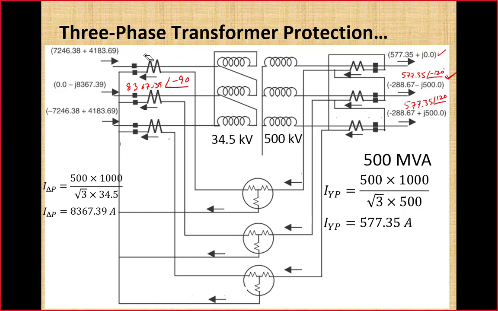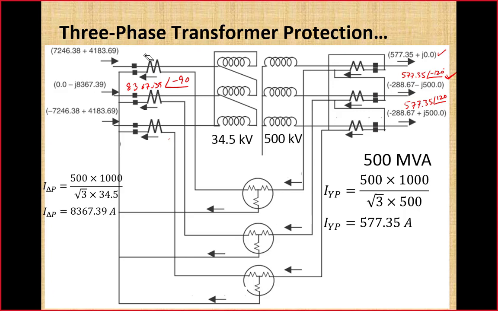Now once we have calculated the line currents on the delta side and Y side of the main power transformer, at this stage we will start selecting the CT ratio. CT ratio will be selected from the side where we have connected CTs in Y. So CTs are connected in Y configuration on the delta side of the main transformer. So it means this is the side where we have just calculated the current, where we will assign the CT. So CT assignment is very simple.